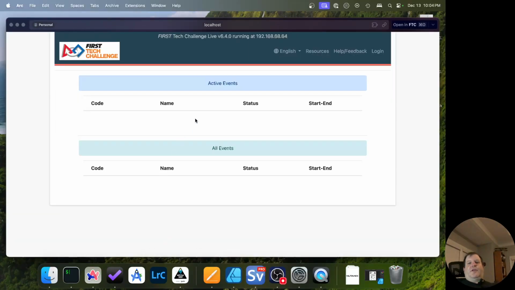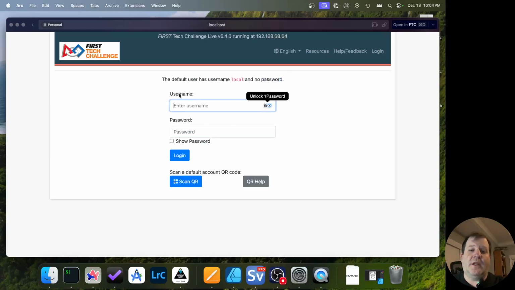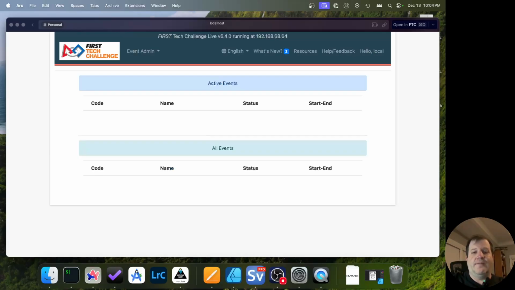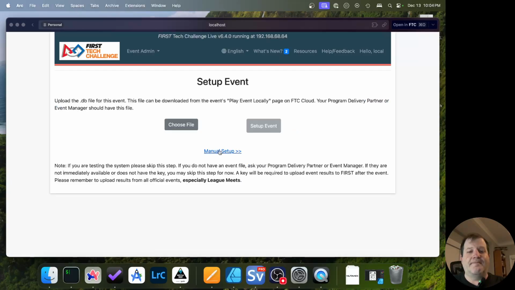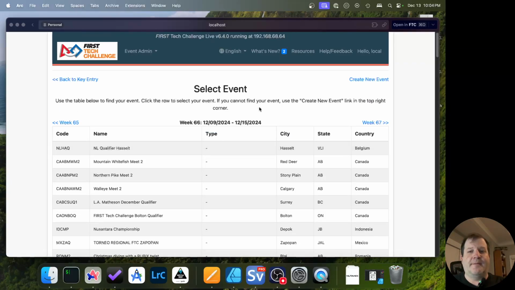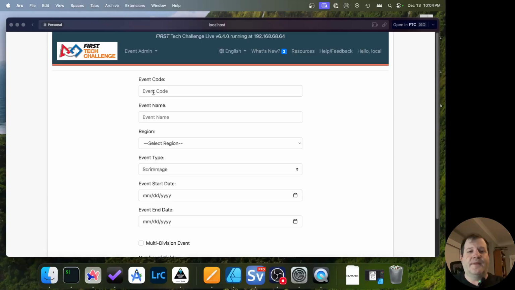Okay, so the first thing you're going to do is come in here and say log in. You'll see it reminds you the username local and no password. So we're going to say local and log in. Okay. So then we come up, we say setup event, and we say offline setup and manual setup and create new event. We have to give it an event code. So we're going to say